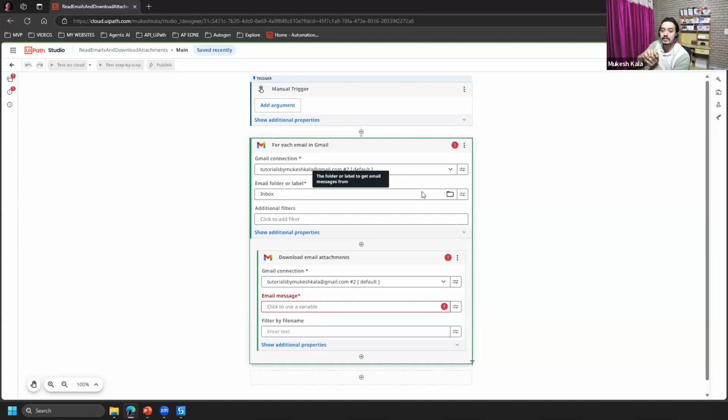And the same thing happens for Excel, databases, SAP, Salesforce. You just have to click, connect the account, and that's it. All of this credential handling, everything, is taken care of by UiPath for me. I just have to tell it what to do, what not to do. All of that is taken care of.